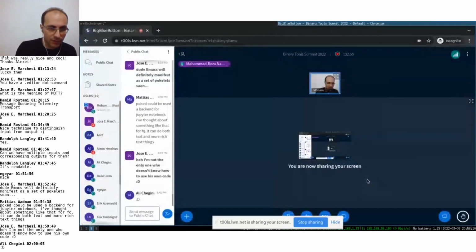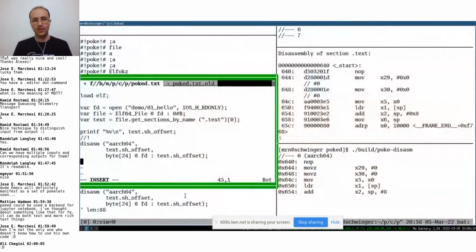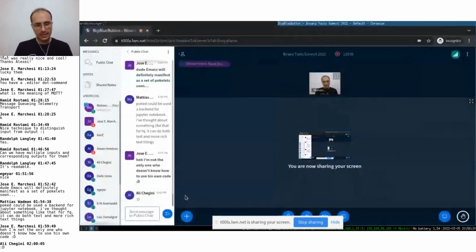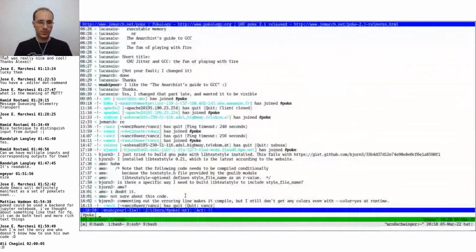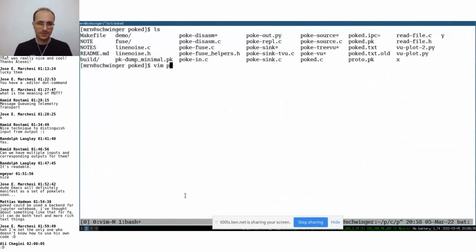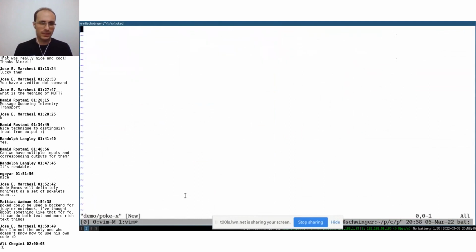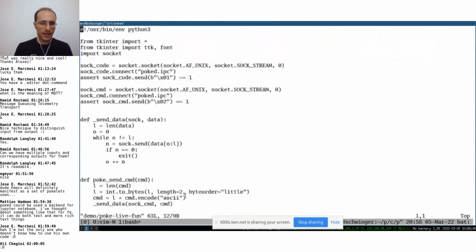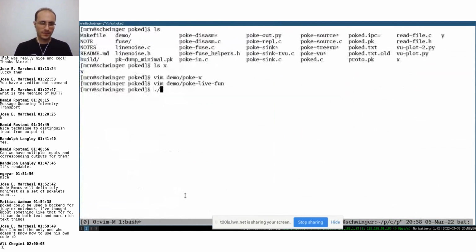Let me check if there is a question or not. No, nobody has a question so far? So let me do something weird. I wanted to do this live, but no, I will not, because there is my code, pokex. It's a demo, not live coding. Yes, let's build a UI, PK